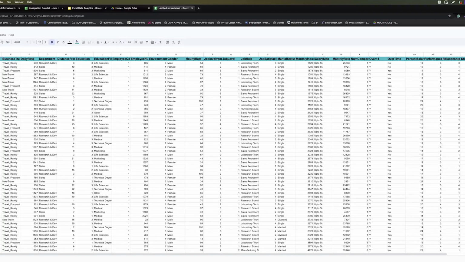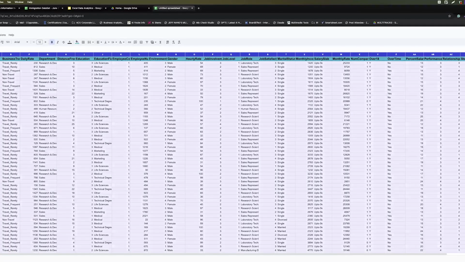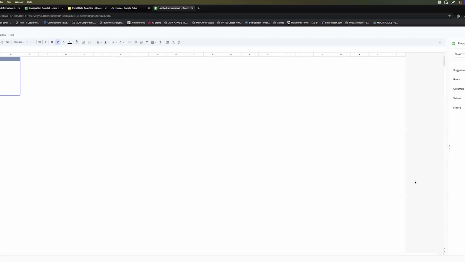All I need to do is come and do a pivot table inside this place. I can add age group to my rows. This one gives you more flexibility, it allows you to sort by ascending or descending.